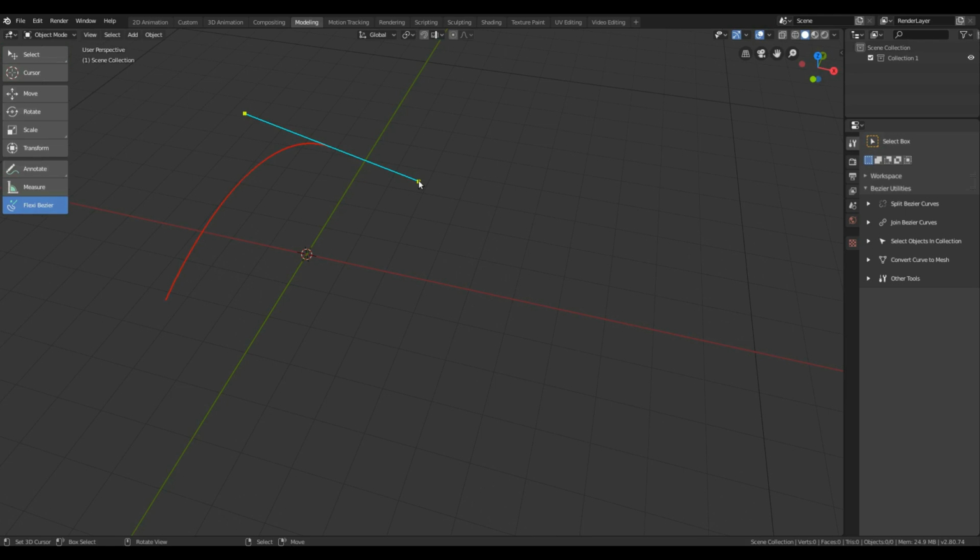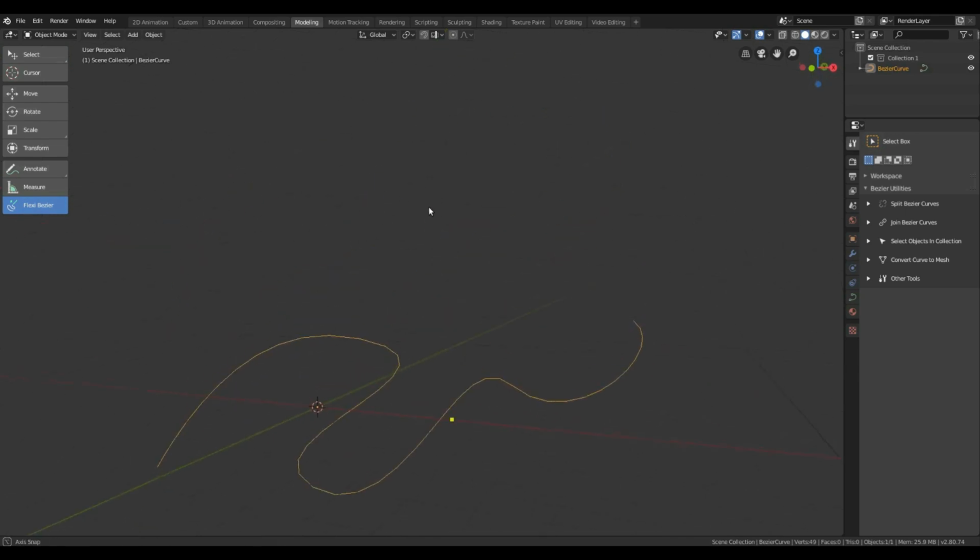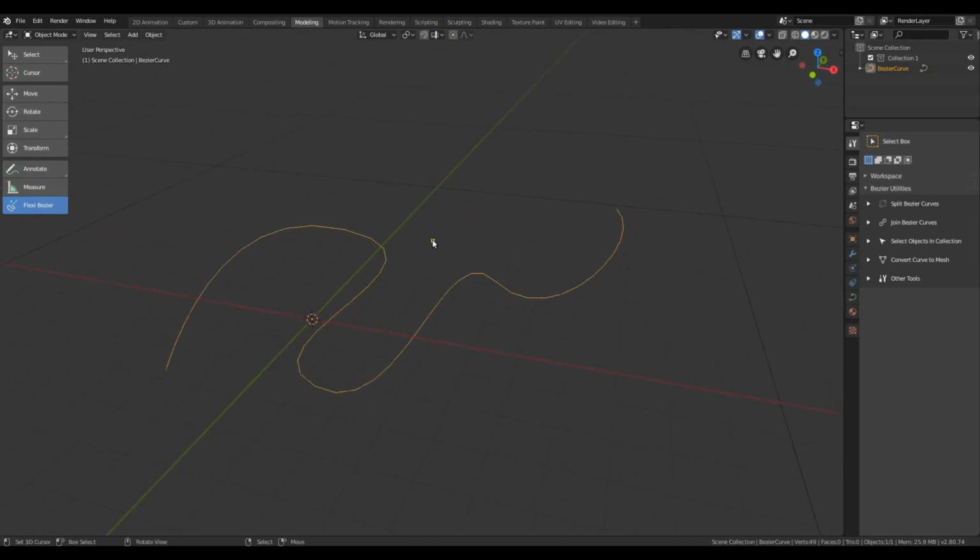Just hold down and move the mouse and the curvature will change with the movement of mouse. The blue handle indicates the exact nature of the curvature. You can adjust it, and once you are satisfied, you can simply release the mouse and then continue drawing this curve in this fashion. Once you are done with the drawing, you just hit enter or double click with the mouse and this will be converted into a Bezier curve.